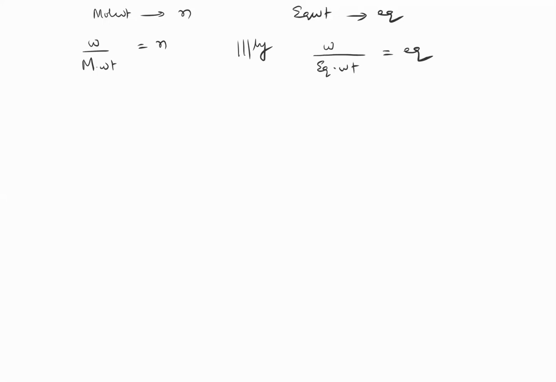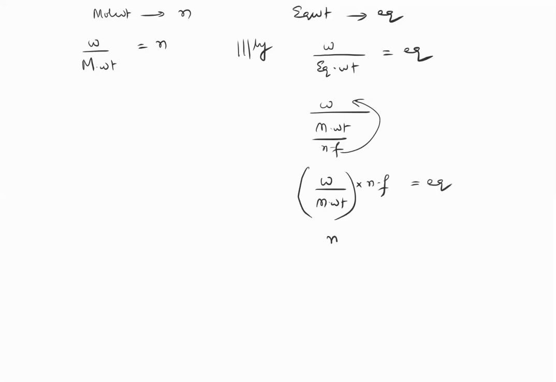Since we have a relationship between molecular weight and equivalent weight, obviously there will also be a relationship between moles and equivalents. Your equivalent weight is molecular weight by N factor. So you have weight by molecular weight into N factor as your number of equivalents. This is nothing but the number of moles. So number of moles into N factor is equal to number of equivalents. Now this is a very useful definition because from now on, I'm going to solve all my sums using it. How can you solve your sums using this definition?